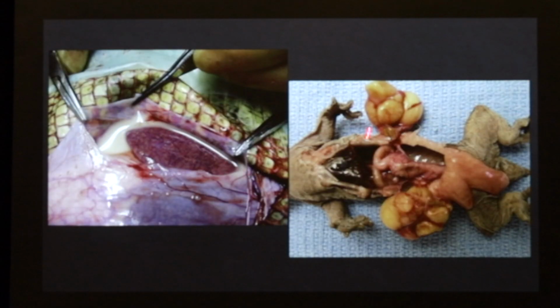Remember that reptiles have a coelom, not a peritoneum, because their heart and lungs are in the same cavity as their intestinal tract and their gonads and stuff. So they get a coelomitis and die, or oftentimes the follicular activity just goes crazy, and we've seen this in some of our older rackies, this kind of follicular change. Things just go aberrant, and because normally these guys produce 2 eggs at a time, only like 1 follicle on each ovary should be there,